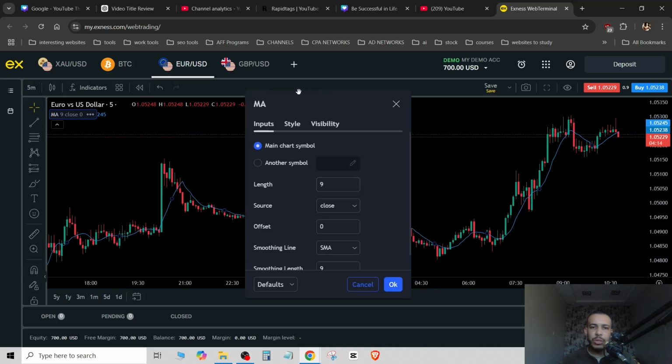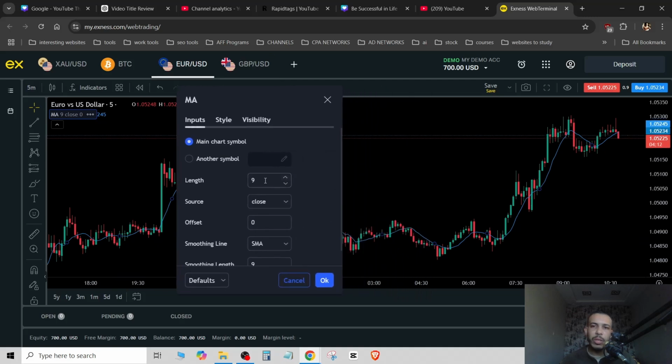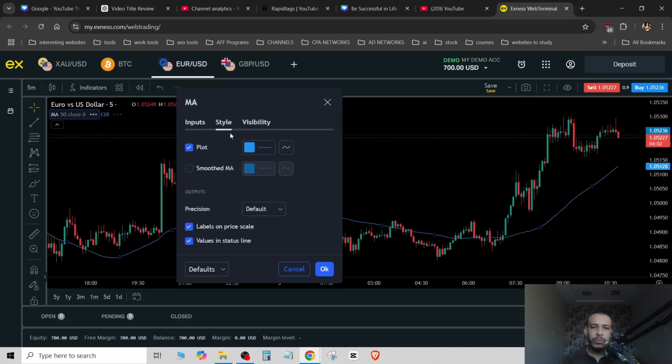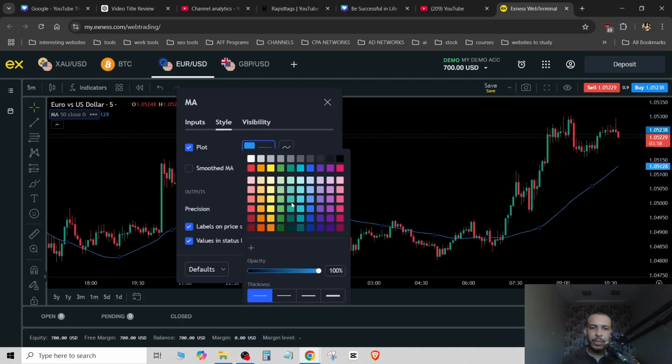And now we have here the length. So you have to choose the period you want. So let's say you want to add a 50 moving average. All you have to do is type here 50. If you want to add 200, type here 200. Okay. And now if you want to change, for example, the color of the line, click on it here and